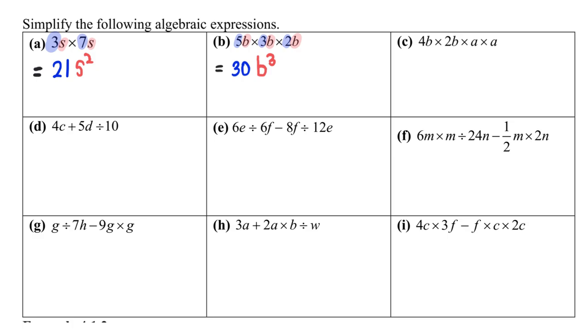Alright, let's move on. So for part C, again, we look at the coefficient first. 4 times 2 will give me a value of 8. Now, there are two variables here, B and A. Naturally, I will do A first. A times A to the power of 2,